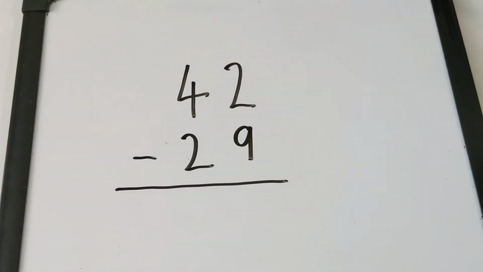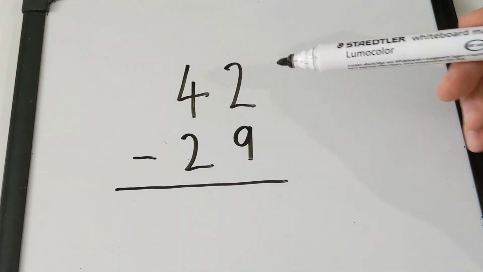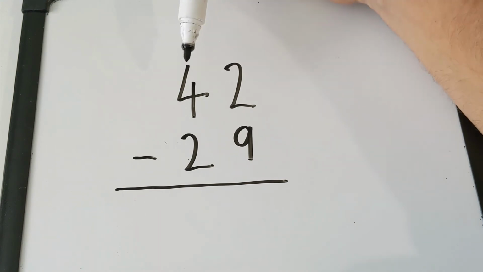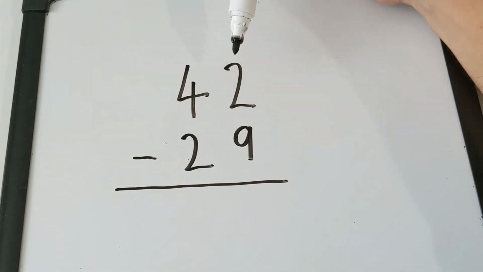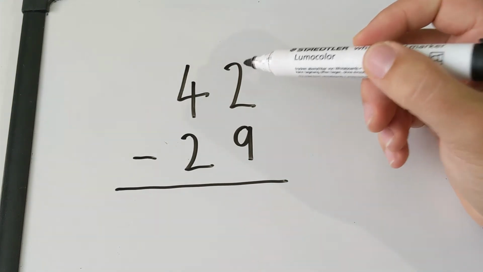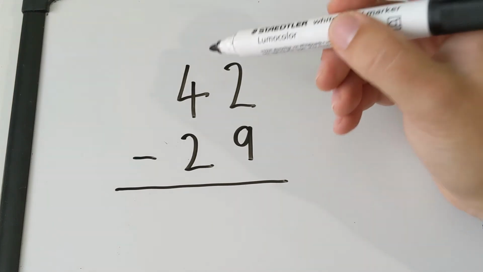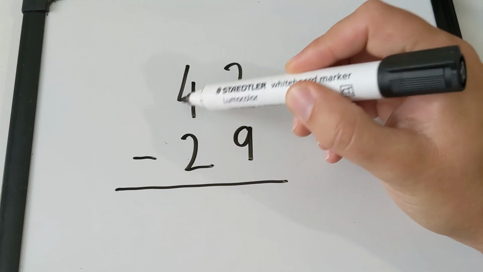Let's do one last example. 42 take away 29. I've got my units column and my tens column. I'll start with the units. 2 take away 9 I cannot do. So I'll have to go to the next column to borrow. I'll just